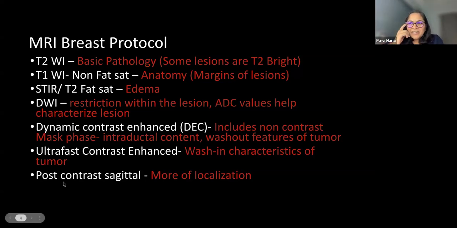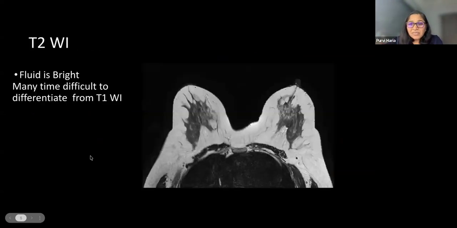And post-contrast sagittal and coronal images are used to locate the lesion exactly, its distance from the nipple, more for localization rather than anything else. So this is how we use different sequences on the MRI that we do. So this is a T2 weighted image, where on T2, as a sequence anywhere in the